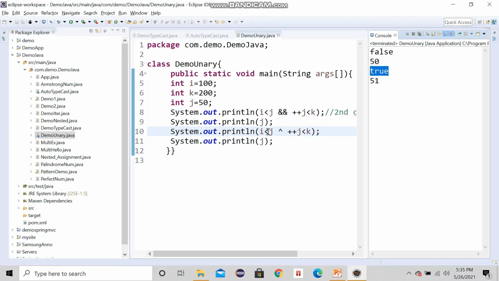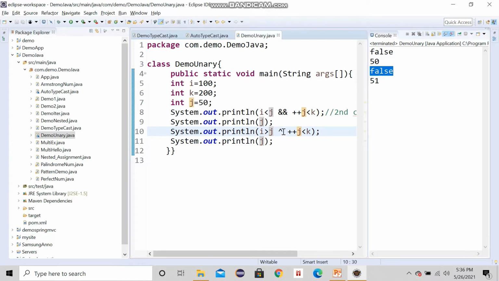Now suppose I make both the conditions either true or false. Let me make it true. So now let's check it. Yes, see, it is false now. So exclusive OR and OR, you should know the difference between the two. So it is false here.